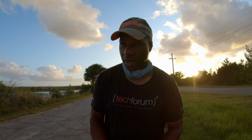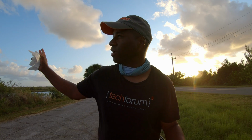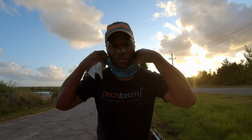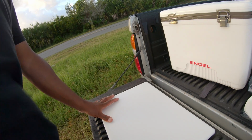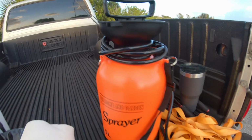Okay guys, well, sorry about the wind and everything, but we had a beautiful night. You just saw me catch a nice redfish and a flounder. And so my new efficiency tip is, before I load up the kayak, which you see on the ground there behind me, I've actually got a cutting board, a bubba blade, and a sprayer that has